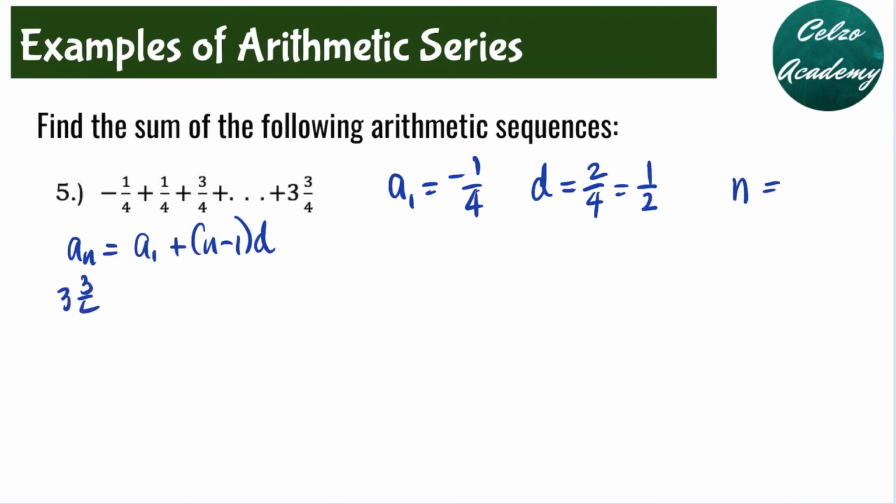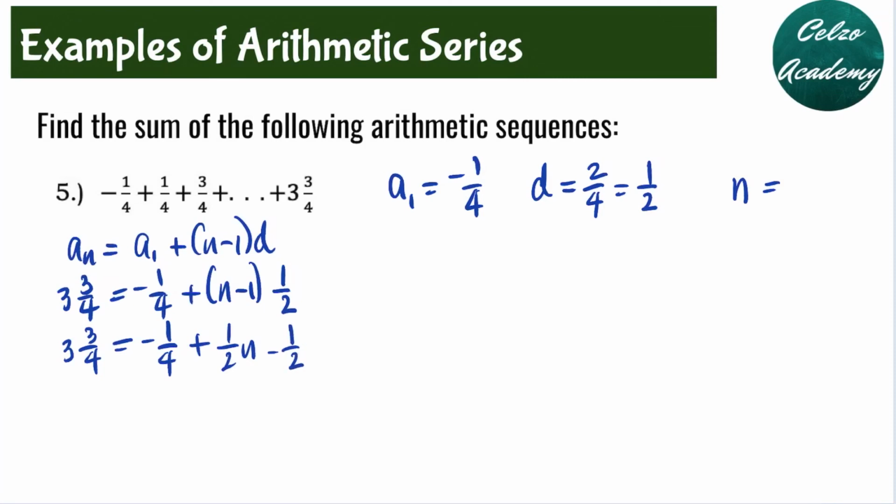A sub n is 3 3/4. Our a sub 1 is negative 1/4. And we have n minus 1 times d, which is 1/2. Simplifying this, we have 3 3/4 is equal to negative 1/4 plus, distributing the 1/2, we have 1/2 n minus 1/2. Simplifying this, we have 3 3/4 is equal to negative 1/4 minus 2/4, or 1/2, is negative 3/4 plus